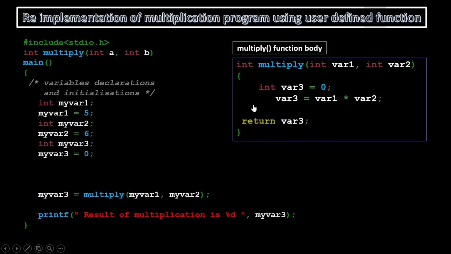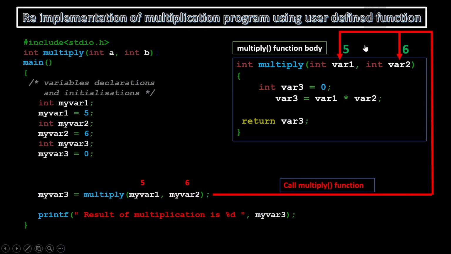Now within the function body, we have declared another variable, variable 3, and we have done the multiplication operation between these two variables, variable 1 and variable 2, and the resultant value we have stored within variable 3. Now when we are calling this multiply function, the values 5 and 6 are actually being passed to this multiply function, and we are sending a copy of the values 5 and 6 respectively to the multiply